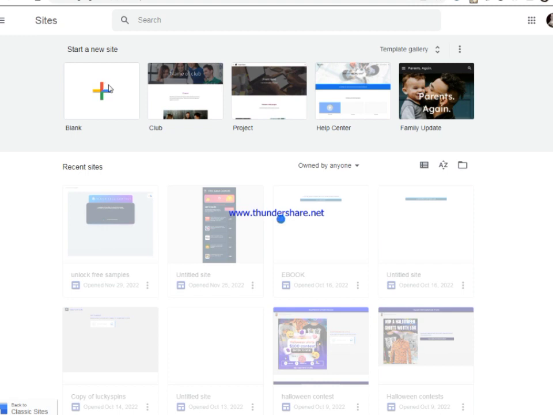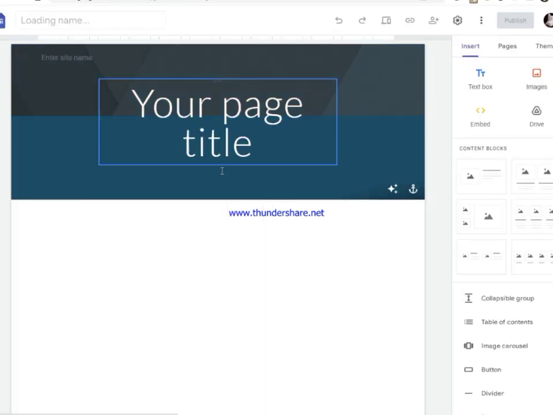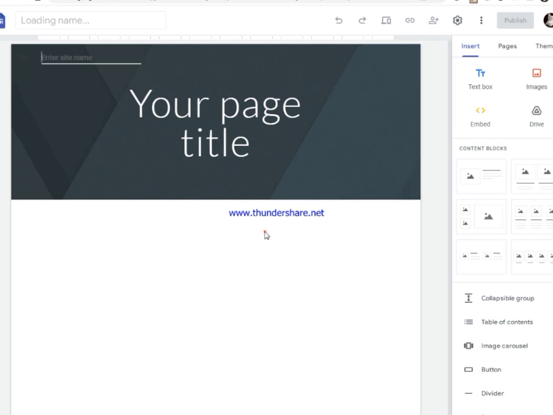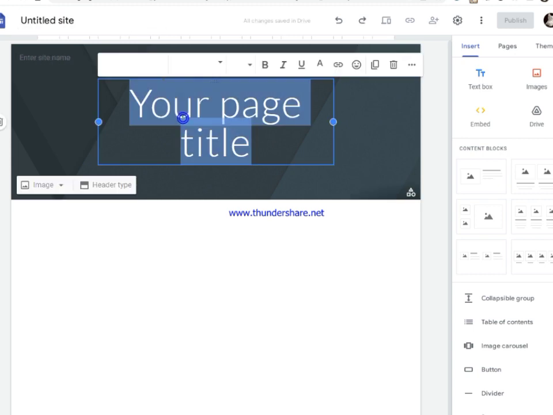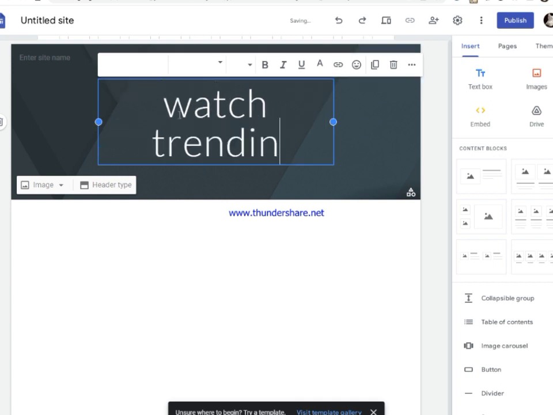By this, you'll be able to embed this. Guys, this particular thing will make it more simple, and then we'll be able to use it for free. I have to delete everything right here because I don't actually need them. Even if you leave it right here, this should be your heading. And the next thing you have to do is come over to this and say watch trending movies for free, trending Hollywood